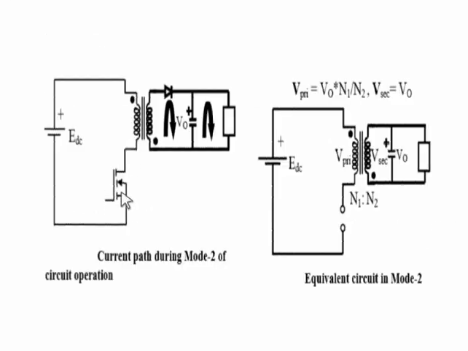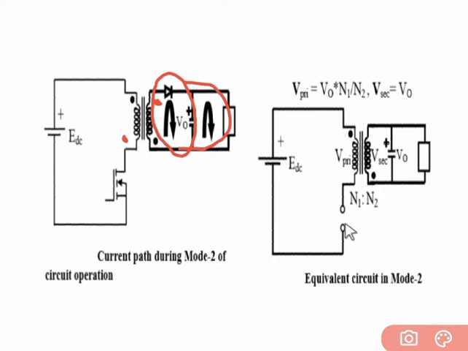That means when this switch is turned off, this polarity becomes plus, which makes the diode forward biased. So now the power is transferred from this secondary winding to the capacitor and also to the load. So in this mode, the capacitor is charged, and power is also given to the load. When the switch is turned off, during this mode the power is transferred by the capacitor. So this is the equivalent circuit of mode 2.